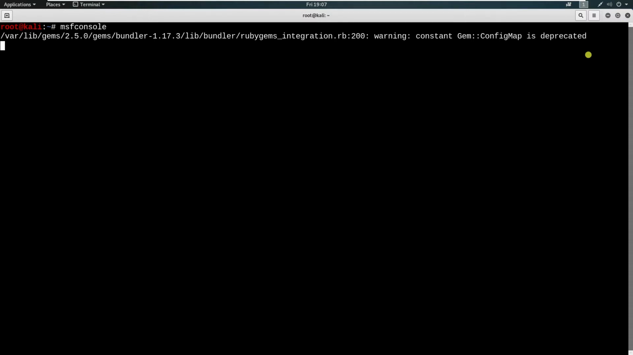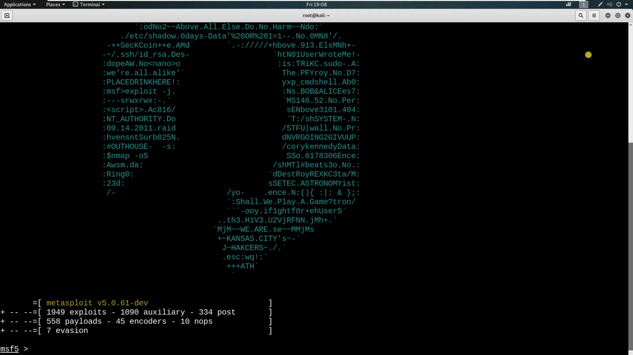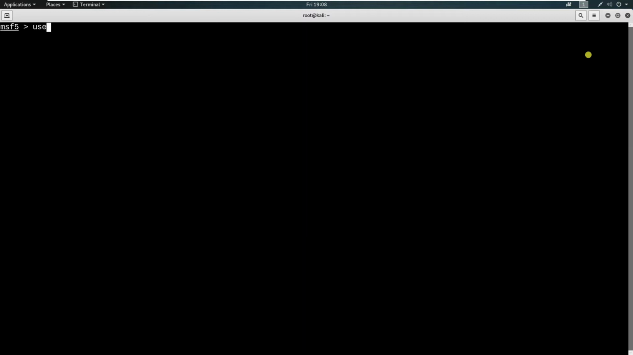So what I'm going to do is create a listener that will listen to a specific port that I have purposely set up. Use exploit multi-handler and set payload. This payload must be the same as the payload that you set in the previous step. So Windows meterpreter,